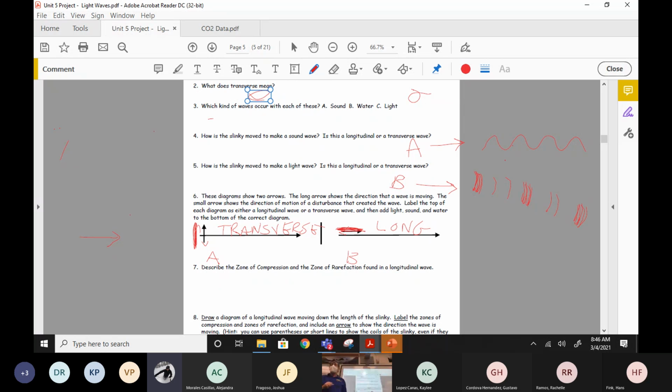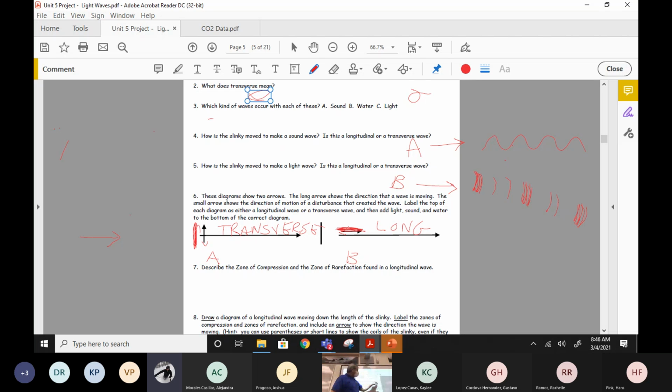Yeah? Final question. Which of these is a sound wave and which of these is a light wave? A or B? B is a sound wave, correct. A is light. Yeah, a light wave moves like this. Although didn't we talk yesterday about how it's actually a double wave, electric and magnetic at the same time? It's kind of tricky.